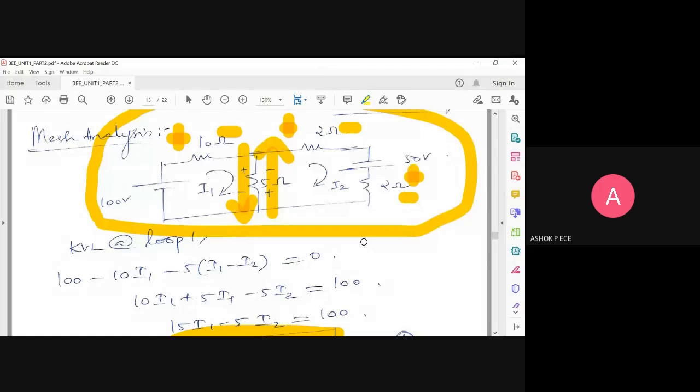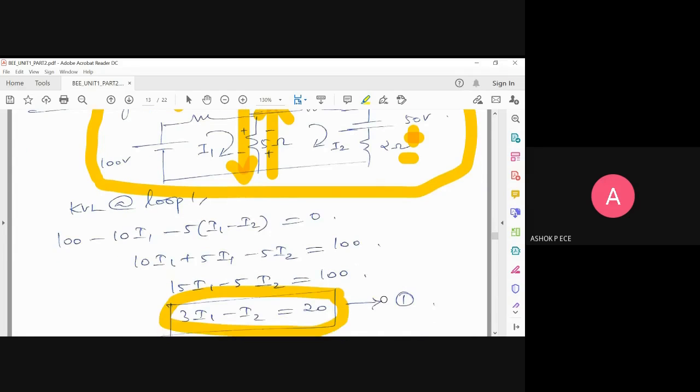Is everyone getting it? Is anybody facing difficulty writing the loop equation? Yeah, you will take some time. I understand you will take some time writing the KVL equation, because it is the first or second problem you are doing. But as and when you do many problems, that speed will come automatically. You need not worry about that. But always when you deal with plus and minus signs, you have to be very, very careful, because the slightest change you make, the entire thing is going to go wrong.